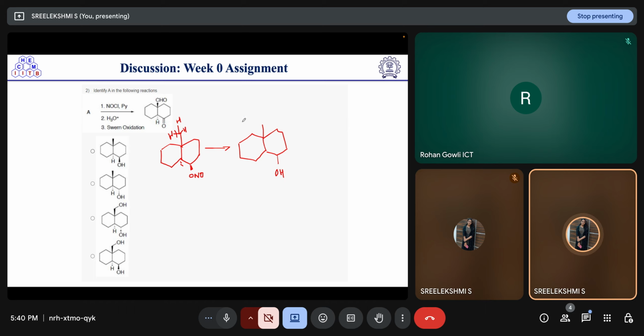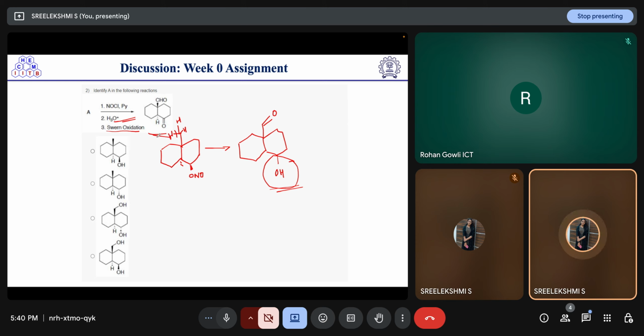And when we are hydrolyzing this directly, I'm writing it as aldehyde, so this will be aldehyde. So this will be the product after these two steps. Then what we are doing is Swern oxidation. In Swern oxidation, only one alcohol is there, so that alcohol would be converted into ketone, so we will get